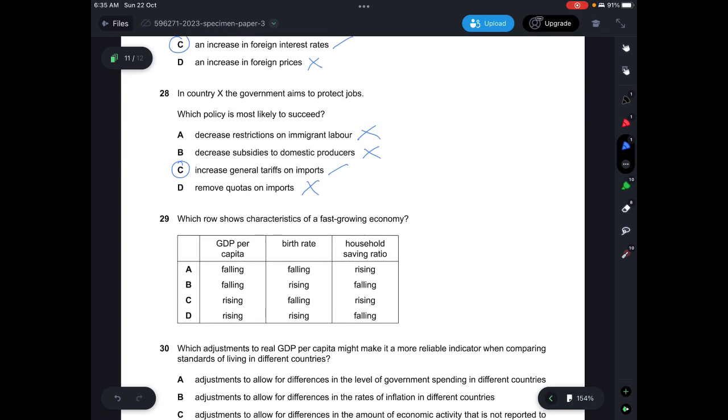Question 29, which row shows characteristics of a fast-growing economy? Alright, so GDP per capita must be rising, so A and B are wrong. Birth rate must be decreasing, and household saving ratio must be increasing, so answer here will be C. Because normally in a fast-growing economy, the birth rate will be relatively lower. People would then spend more time on working rather than actually having a kid, right? Because that's one of the ways for GDP per capita to rise. That means you don't need to